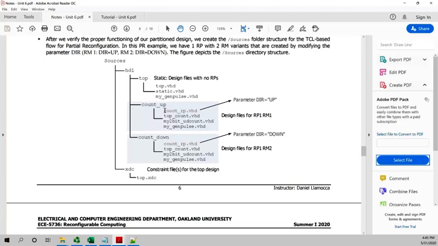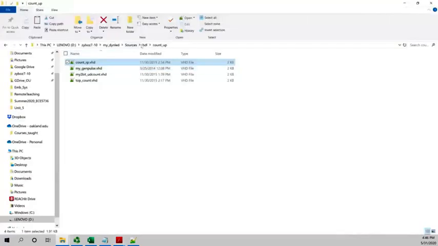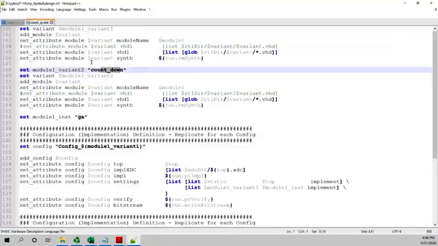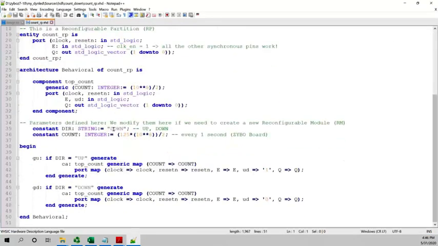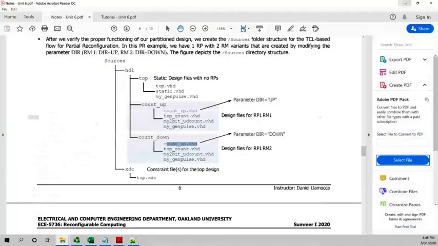So in this folder, the count RP file has the parameter dir as up, and in this other folder, the count RP has the parameter dir as down. We can verify this. We go here and right here. There you go. Down, as I said. We are keeping this number fixed, but feel free to modify it if you want more variations. And of course, we have also the